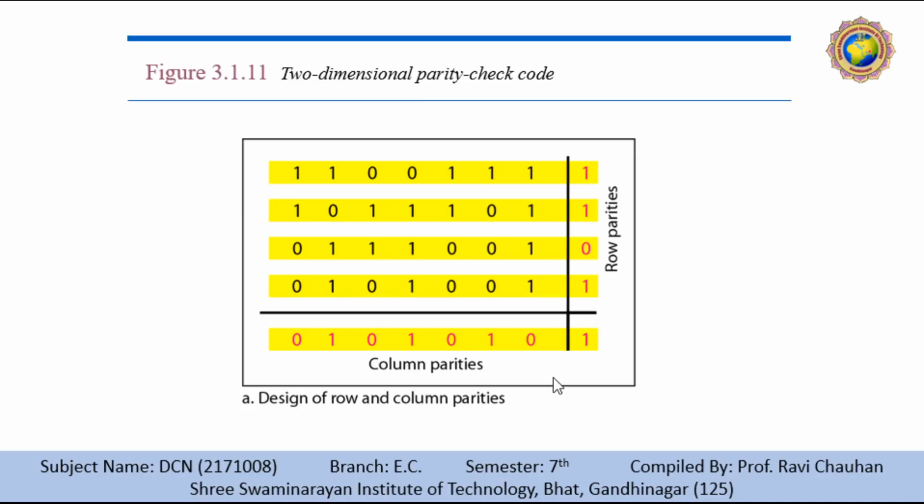Our figure shows the two-dimensional parity check can detect up to 3 errors that occur anywhere in the table. Suppose arrows point to the locations of the created non-zero syndromes. However, errors affecting 4 bits may not be detected.